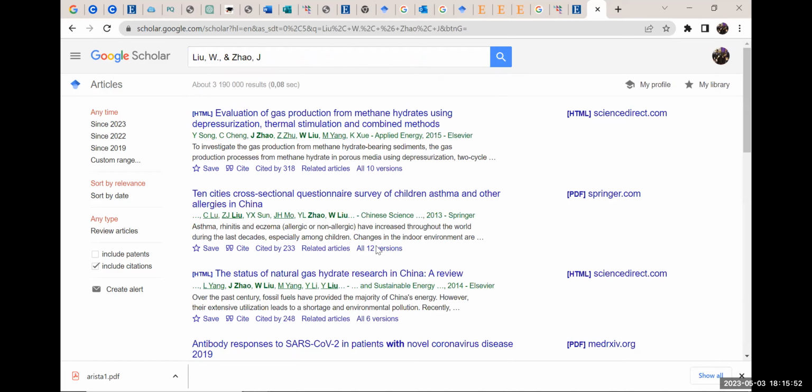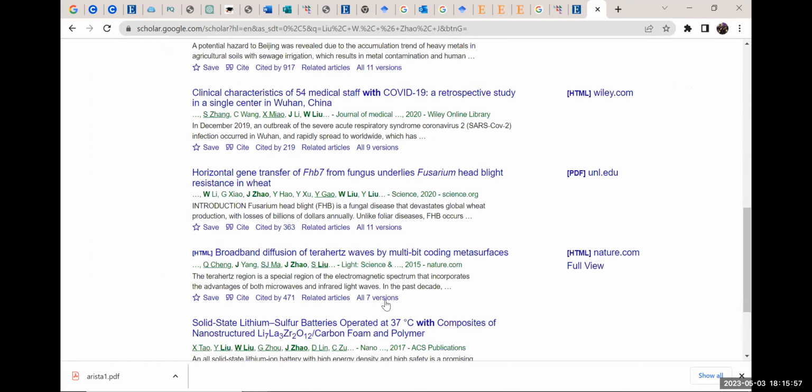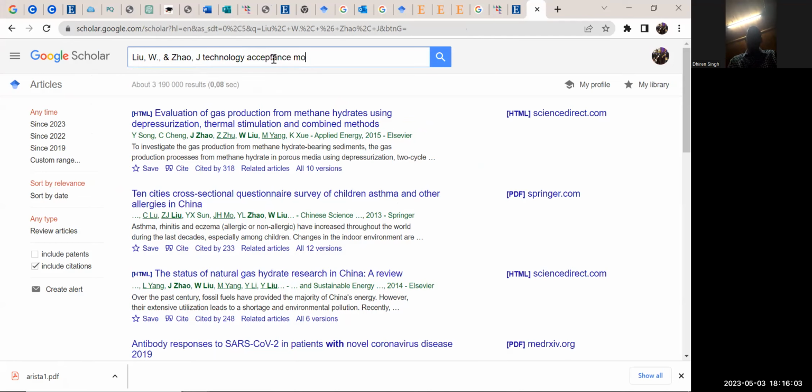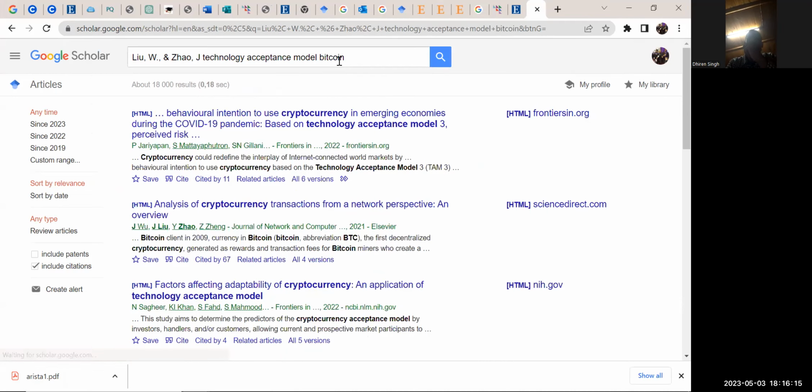All right, let's look if he talks about technology acceptance here. No. Here it is, a technology acceptance model, right? Now you've got to find out whether technology acceptance and Bitcoin. There's a cryptocurrency. There we go.